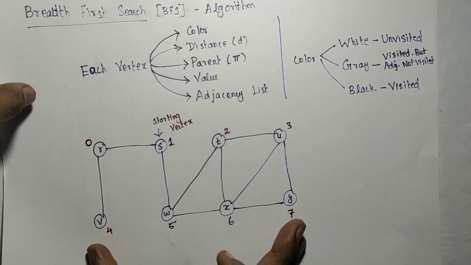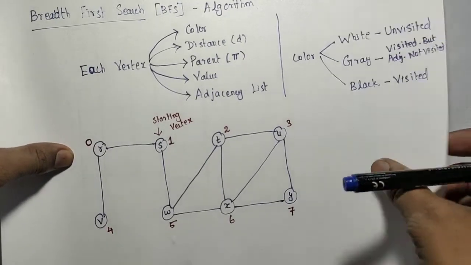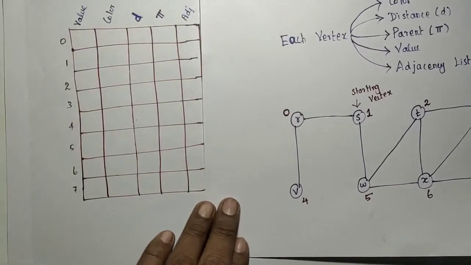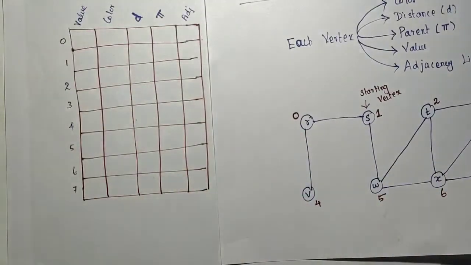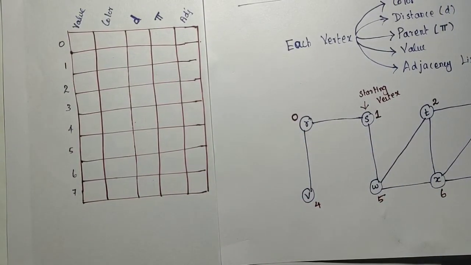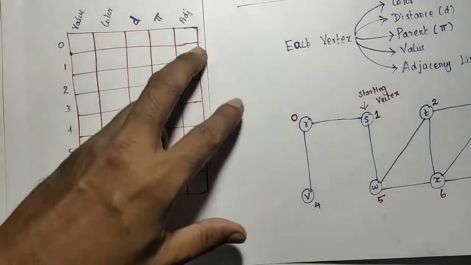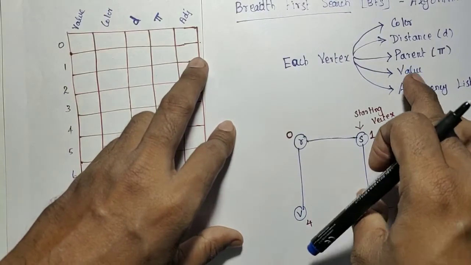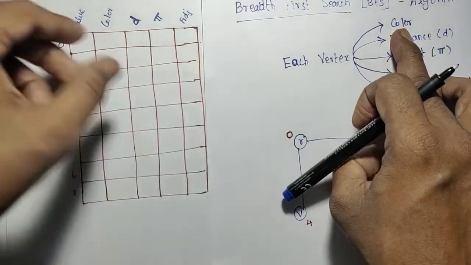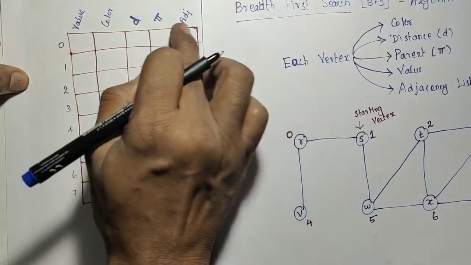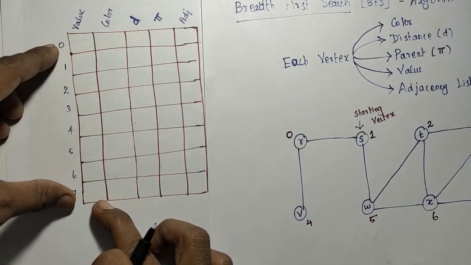Now we are going to draw the adjacency list for that graph, representing the graph as an adjacency list. So consider here we need an array. That array does not contain only the adjacency list. Along with that, it is going to have these properties: value, parent, distance, color. So each vertex is going to have 5 properties. How many vertices? 8 vertices, starting from 0 to 7.